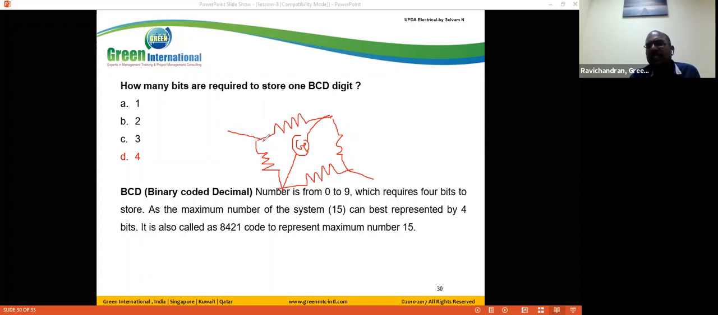So in measurement in general, we are using the bridges. In the bridges, under balanced condition, the galvanometer reads 0 voltage. Under balanced condition, the galvanometer reads 0. So here we have